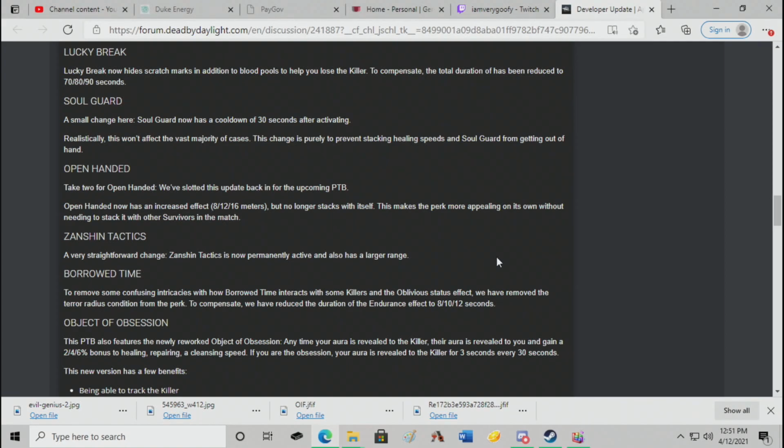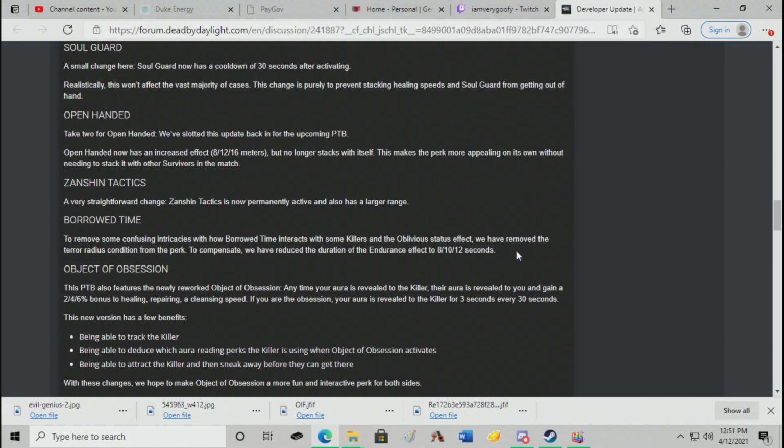So they have dramatically dropped the time that you have your endurance duration, but at the same time, you're no longer going to get snagged by a lot of killers that have stealth, like Ghostface or Freddy when you were in the dream. Okay,